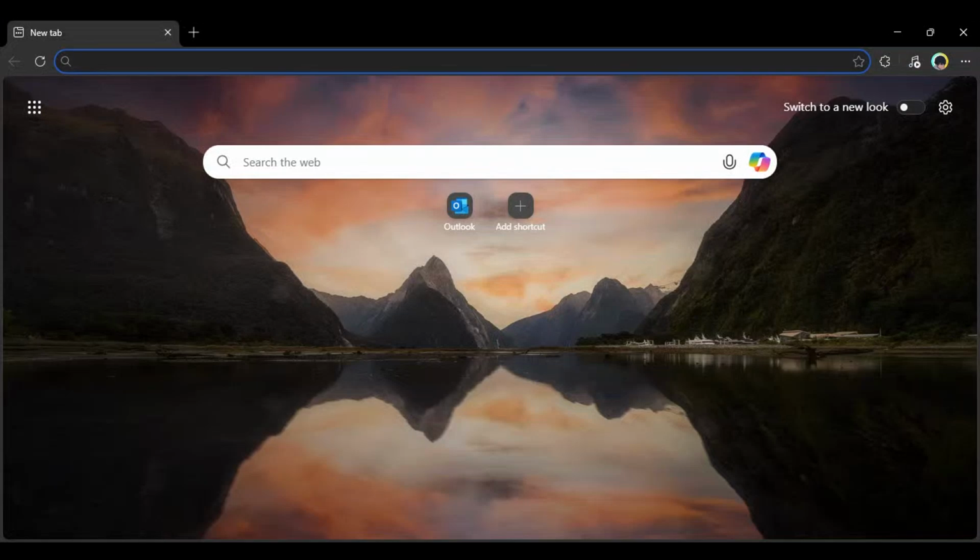If you want MSN to open automatically every time you launch Microsoft Edge, this quick setup will save you a few clicks and make your browser feel ready to go right from the start. In this short tutorial, I'll show you exactly how to set MSN as your homepage in Microsoft Edge in under